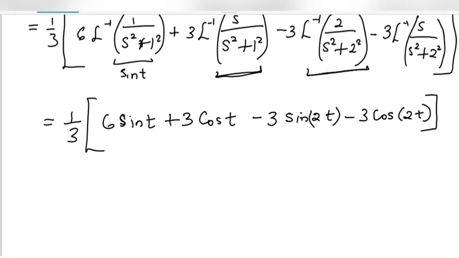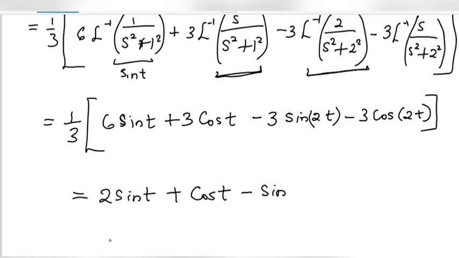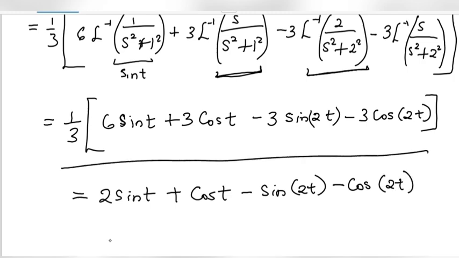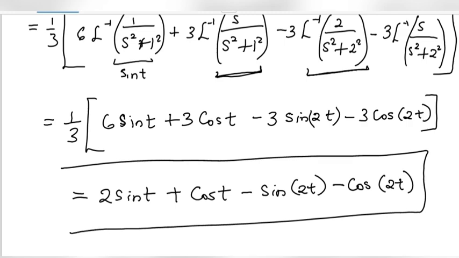And if we divide through by 3, we have that this is just going to give us 2 sine t plus cos t minus sine 2t minus cos 2t. And this is the inverse of our F of s,